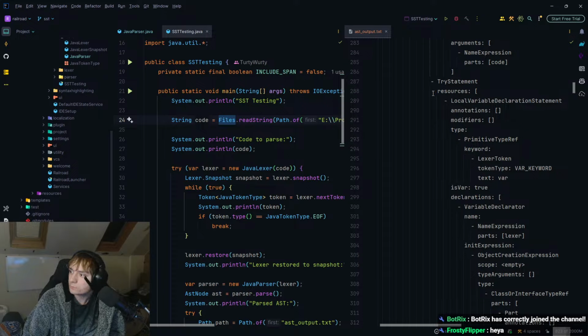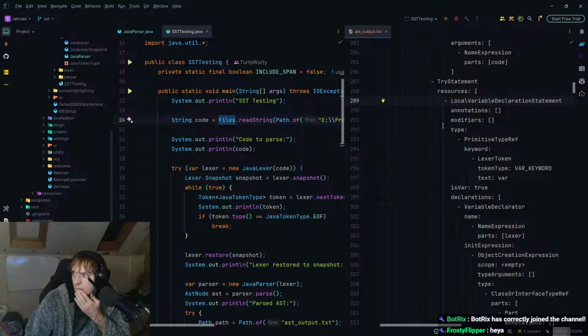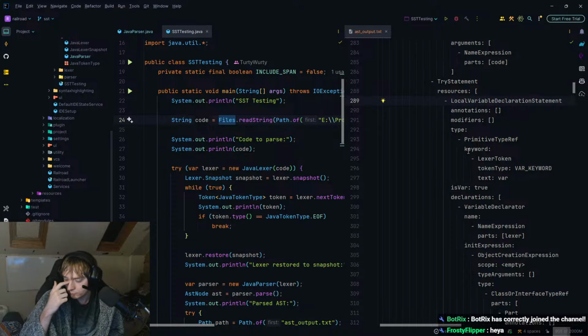So in the resources, we have a local variable declaration statement, which is a primitive type. Technically true. Ugh, I guess kind of true. Sure, true enough. So that's a var.